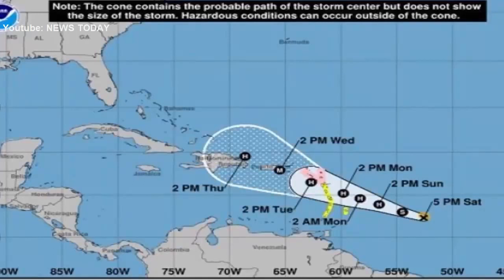Now, a hurricane watch was issued for the Antigua, Barbuda, St. Kitts, and Nevis in Montserrat Islands, a route followed by Irma as it moved westward. Now, a tropical storm watch was in effect for the St. Lucia Island chain area around Barbados and St. Vincent as well. Hurricane conditions are possible within the hurricane watch area by Monday night or Tuesday, with tropical storm